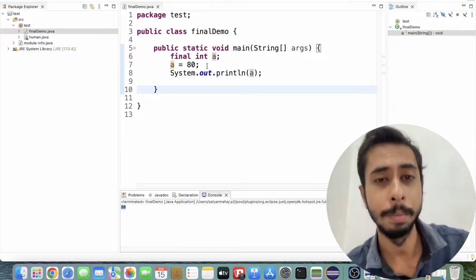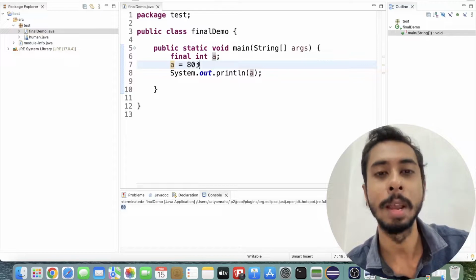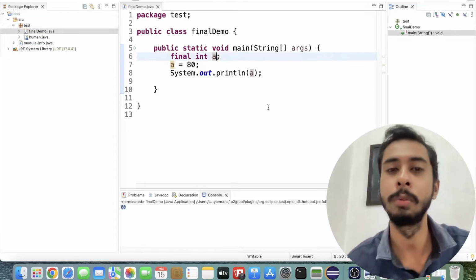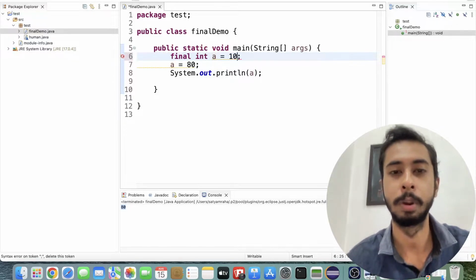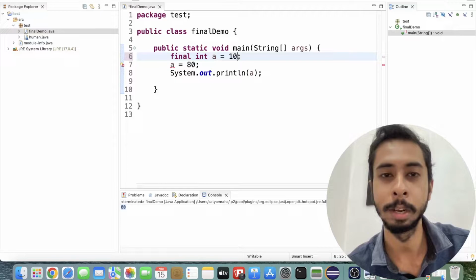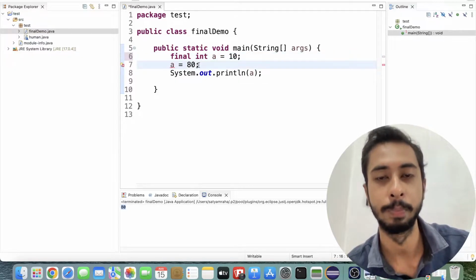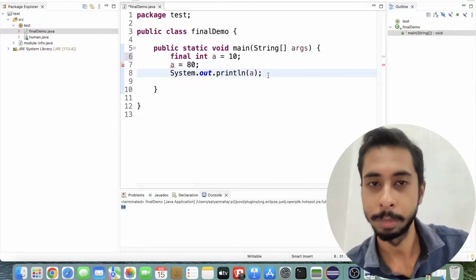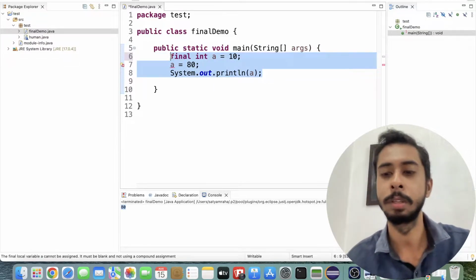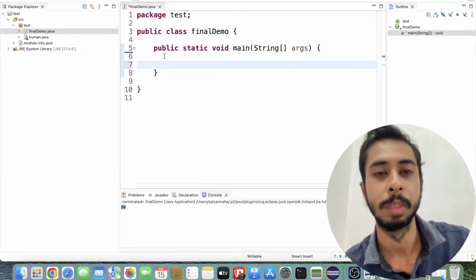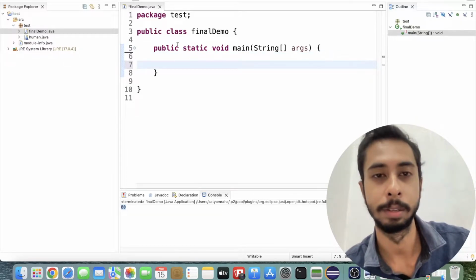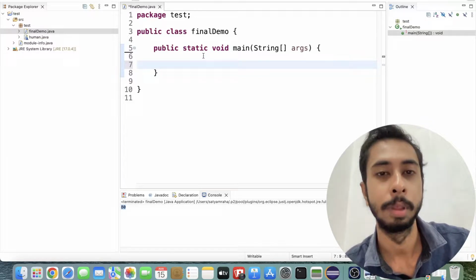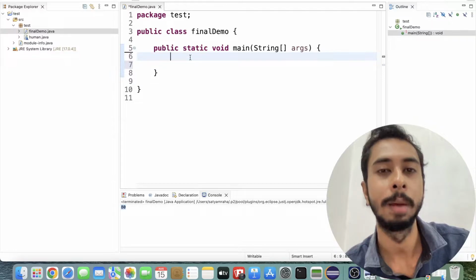What does it mean? It means that once a final variable is initialized, you cannot reinitialize or reassign it. For example, here a equal to 10, once initialized, you cannot modify the value. So it works as a constant. Okay, fine, this is the first use. Let's now see the second use of the final keyword. It's with methods. I can use the final keyword with methods if I want that a method should not